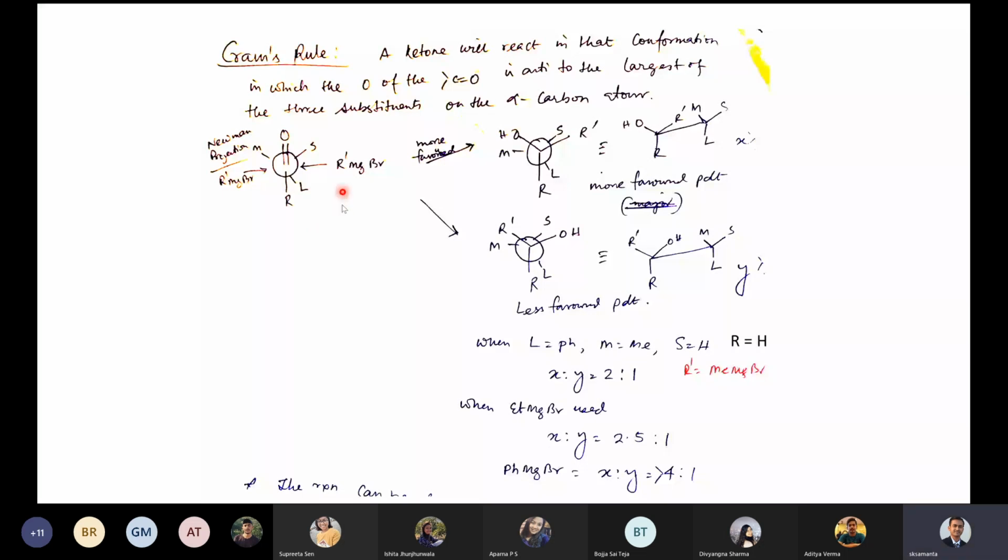Now a little more is remaining. So if the R prime is attacking from this side, then this O double bond O will become O negative, or let's say OH. So this OH will be towards the left side and R will be towards the right side. So you see OH has come to the left and this R prime has come this side, and here you already have the R. Okay, and S, M and L, wherever it was, we have put there.